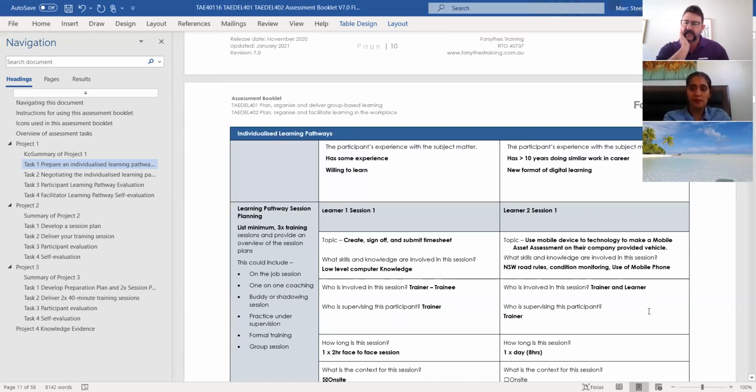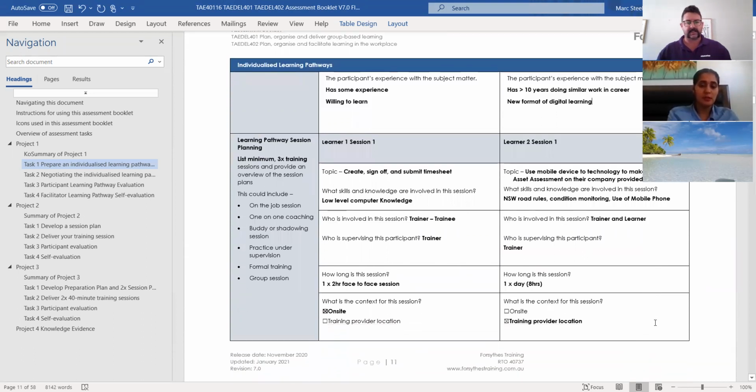Who's involved with this lesson? It'll just be one-on-one with myself and you as the learner. I'll be supervising along the way, monitoring how you're going with a bit of feedback and a bit of talk. The session will be a 1-day session, 8 hours to get through. I think it's a fair bit, but with one full day, that'll give us a good chance to have a good break, and we'll be able to do quite a few scenarios just so that you're comfortable.